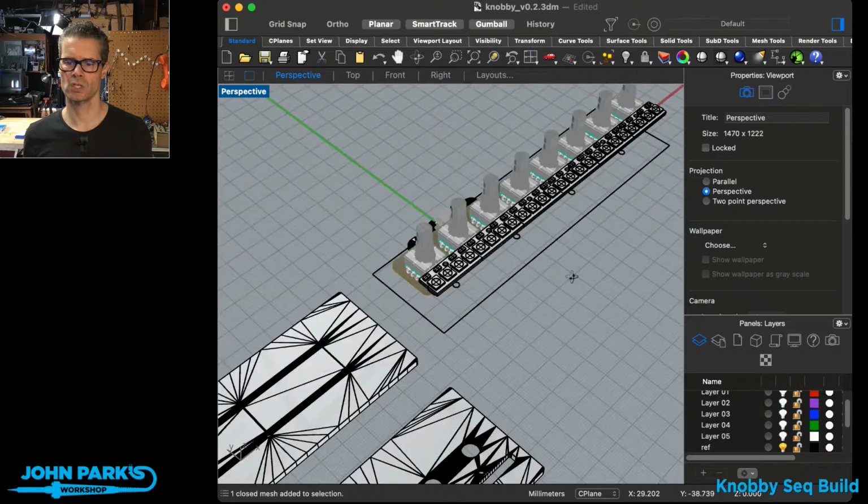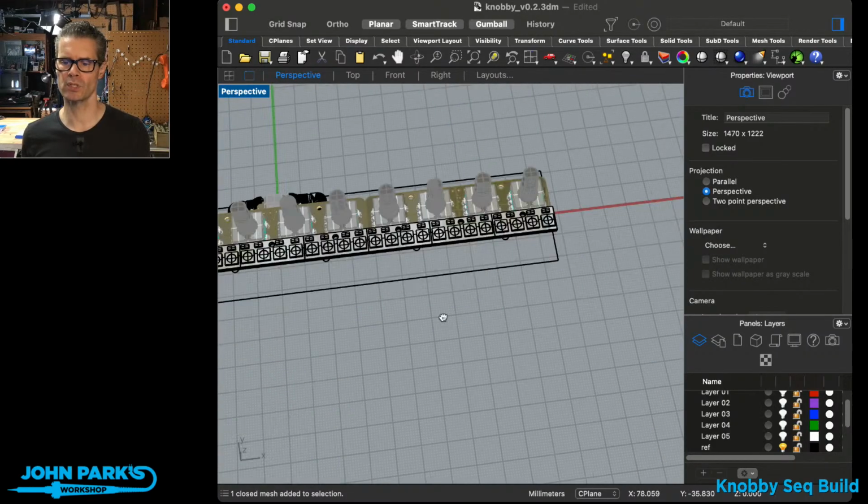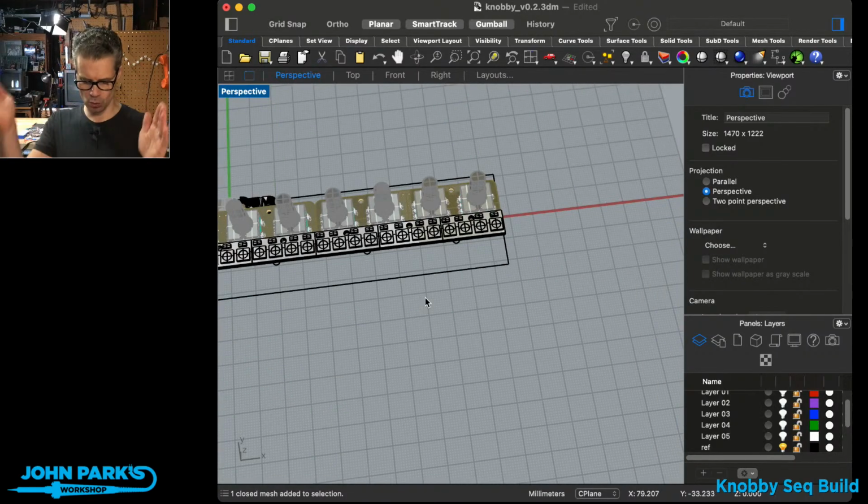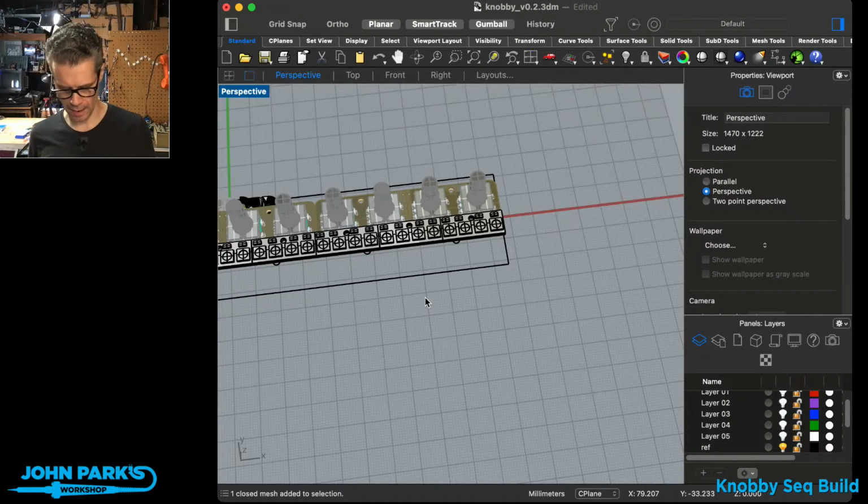And so hopefully I'll be able to stack two of those together and either print them separately. If it's on a printer or a laser cutter, I've got plenty of room to just laser cut the whole thing. So I'll give you a couple options on those, but I'm going to expand this out to the 16 knobs. All right, I think that's going to do it.